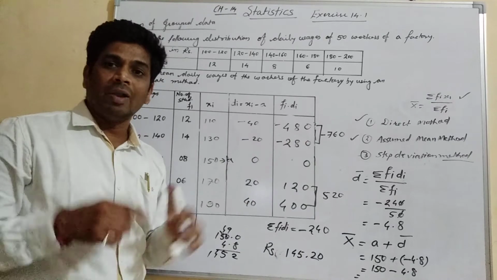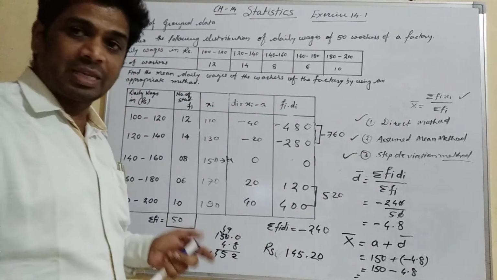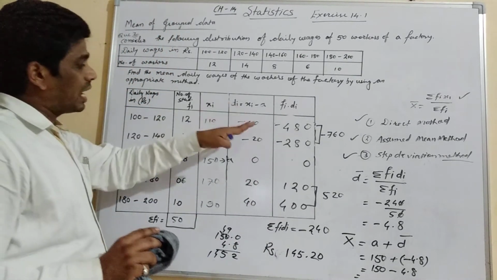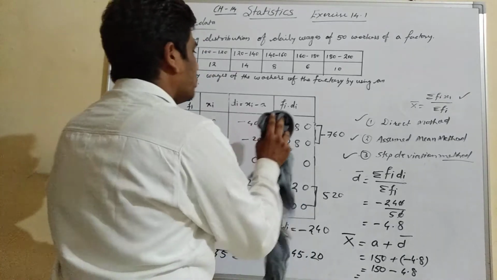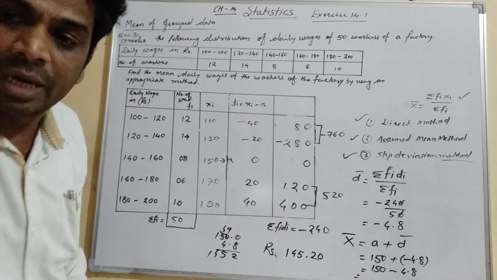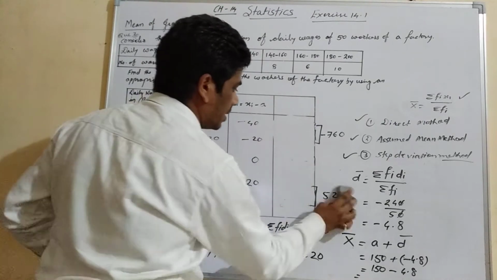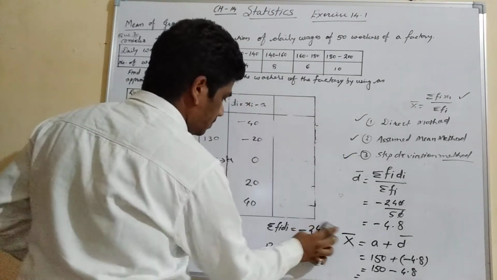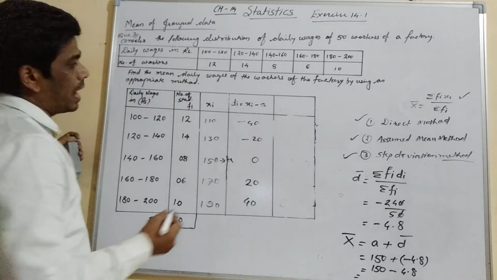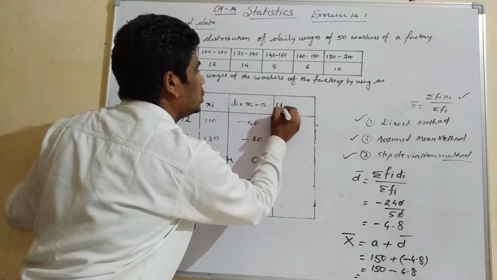We got this. Now let's talk about the step deviation method. So here in this method we will use di also, but again we can reduce this calculation. This part we will remove here in this third method. In the third method we will remove this total. For the step deviation method we will not use this. Here we have to reduce this again. For that we will use ui.